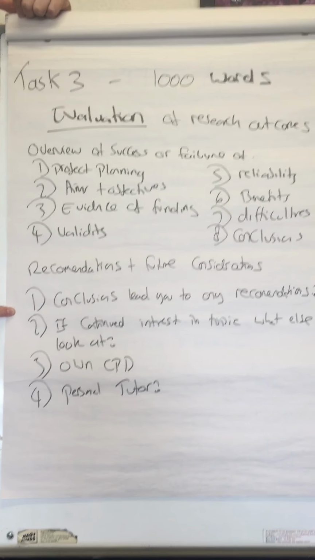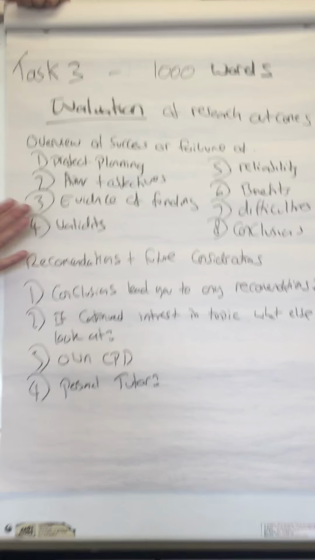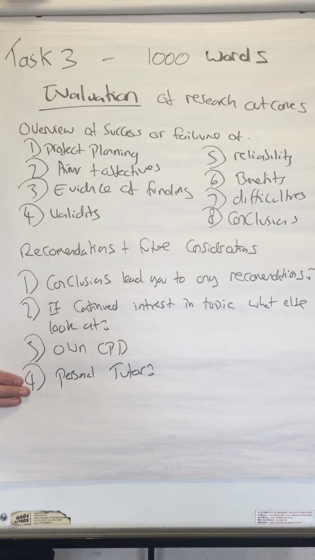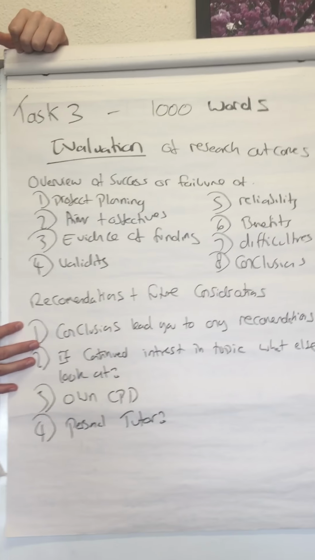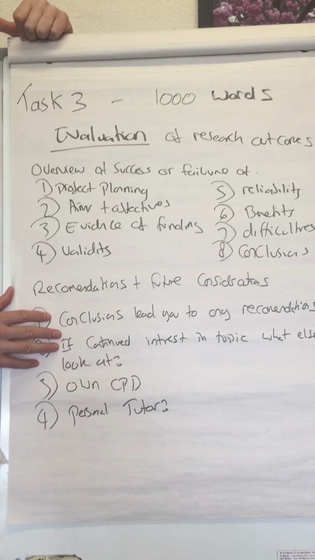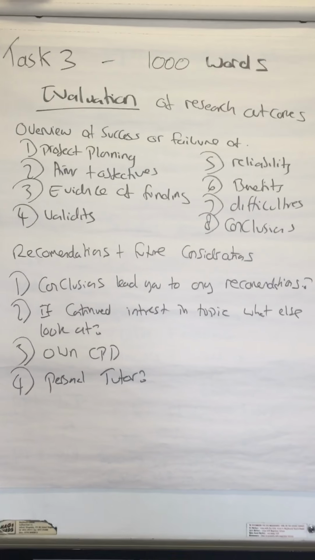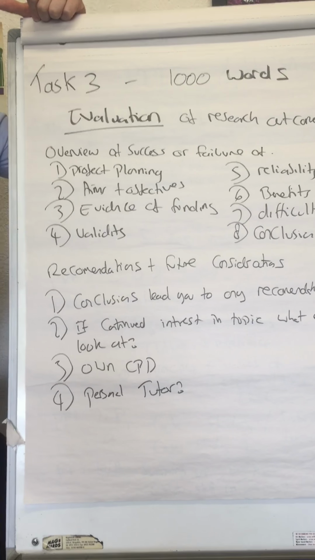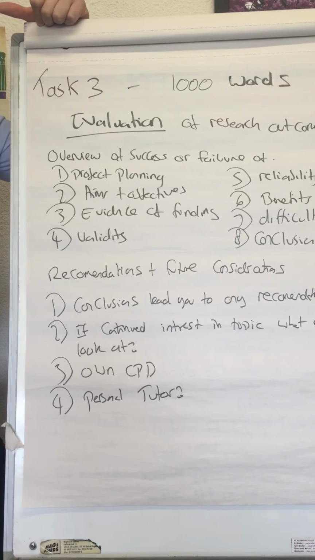Okay, so this is what you need to do for the report. It's 1,000 words. Okay, I'm hoping that you'll find this quite easy because pretty much task 4 and task 1 is usually the hardest. The evaluation bit's quite easy because you've done your project now. It's usually quite fresh in your mind. So this is what you need to do. Please just refer to your module handbook for any further guidance.